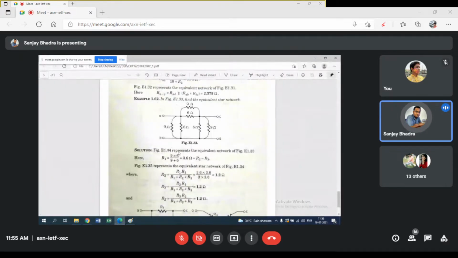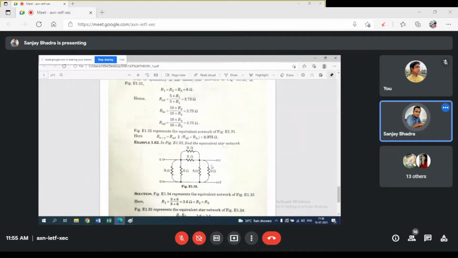Let me know what would be the result without looking at the book, because everything is there in the book. I'm doing it pretty slow just for your understanding and also as practice. Find out the parallel, because the result is 3.6. You can see it is 3.6, but find it by yourself. That would be your practice. So 9 and 6, they are in parallel combination. 9 into 6 divided by 9 plus 6. Please do it.